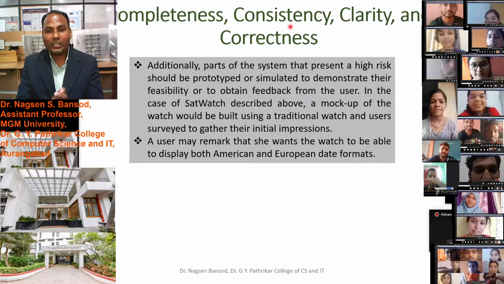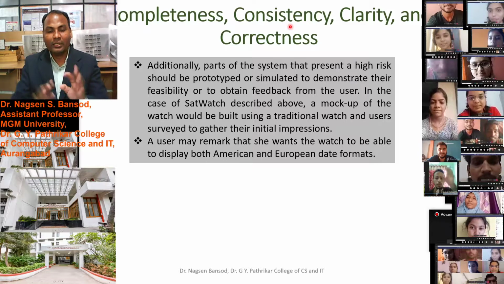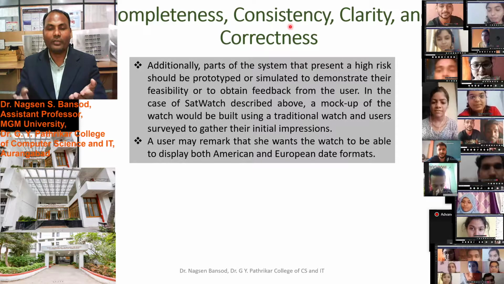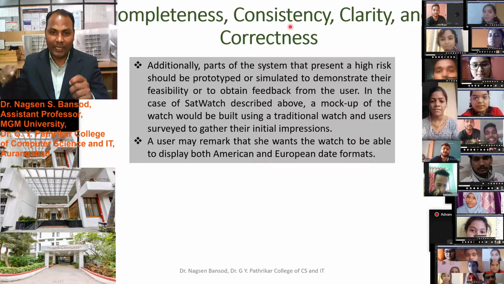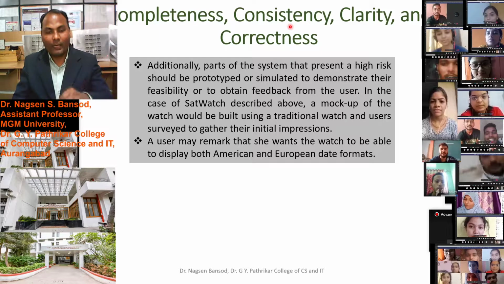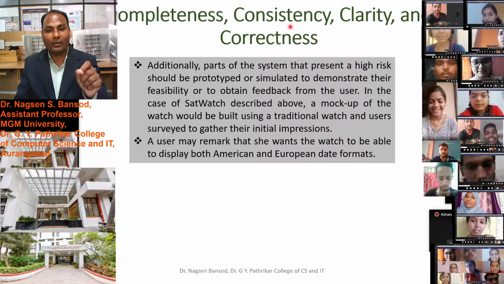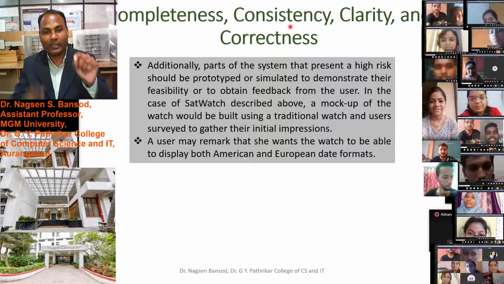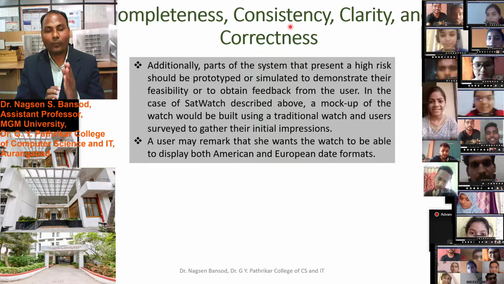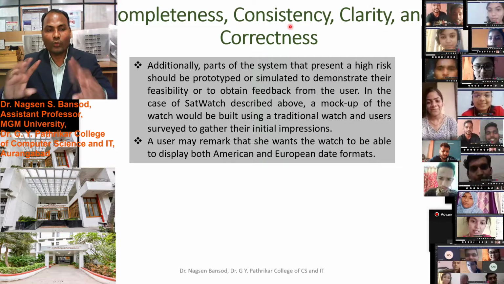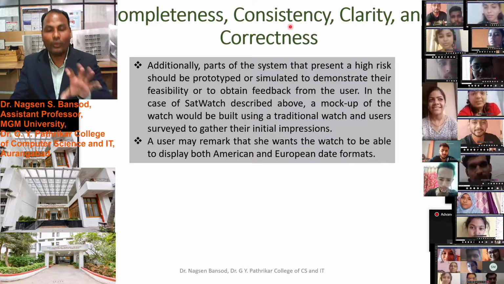Suppose the client wants a printout of the report after entering some data into the software. That function should be there. Suppose he connects a printer to his computer, it should automatically be enabled in your software, and once you click the print button, the printout should come out from the printer. Similarly, suppose the customer demands to store the data onto the cloud, then this function should be enabled in your coding, in your software.